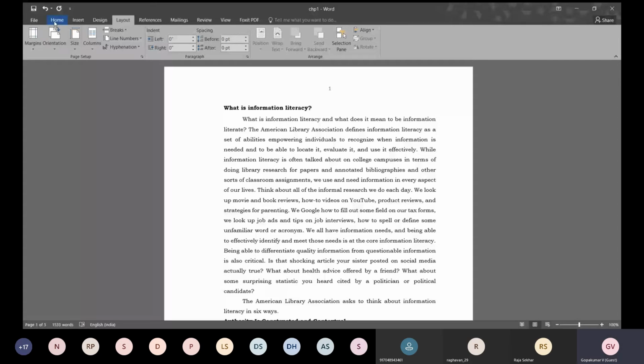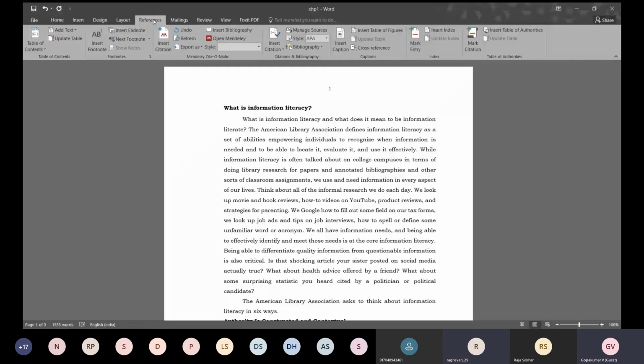Can anybody tell me whether inserting citations and making a bibliography have been covered? Yes, both have been covered. So I need not tell about how to create a bibliography, manage sources, change style and all.